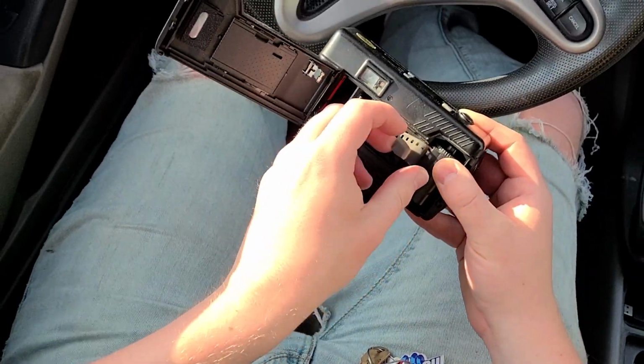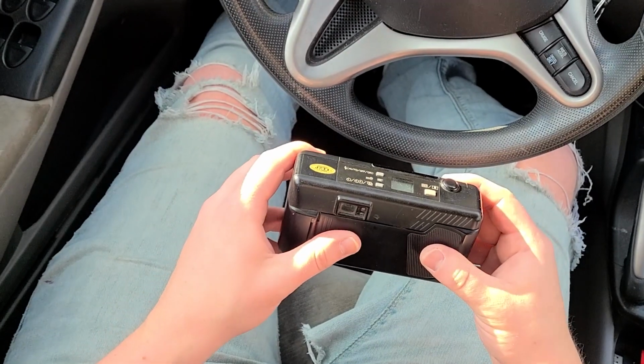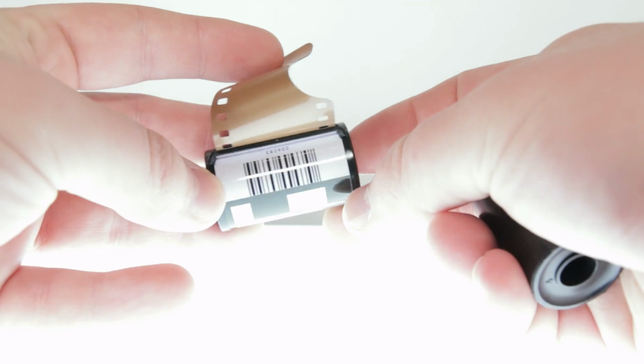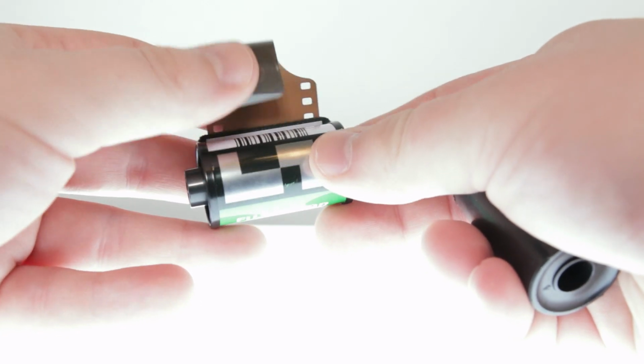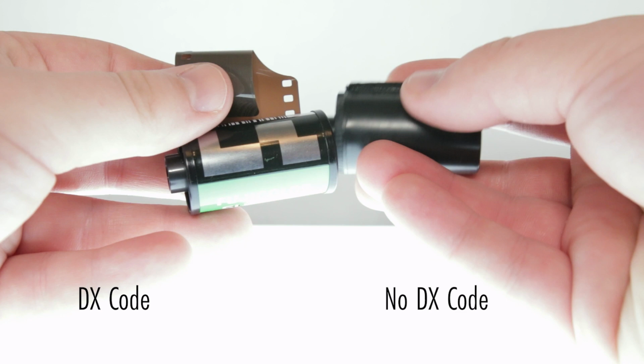Once I figured that out though, I thought it'd be cool to take some self-rolled black and white film out for a quick stroll and test out the soft effect filter. Quick note, this camera does work off of DX codes, so if you have an unmarked roll of film, say for instance that you've loaded yourself, or is just an old expired roll that doesn't have a DX code because it was made before DX codes were a thing, this camera does automatically